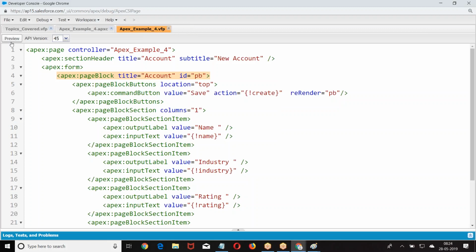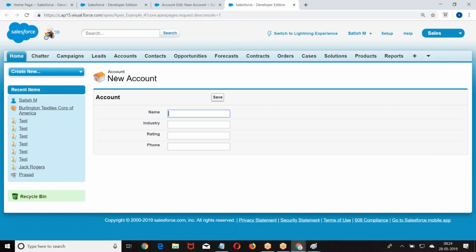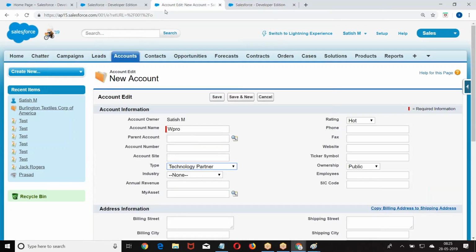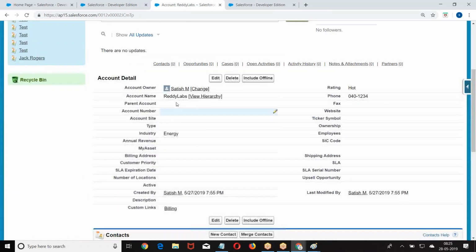So basically, the structure is clear for everyone, right? What did I do? Section header, page block button, page block section, page block section header, page block. Everyone is good with this example? I was trying to create, save. When I click on save, go back to account, cross check, the record was inserted with a name called